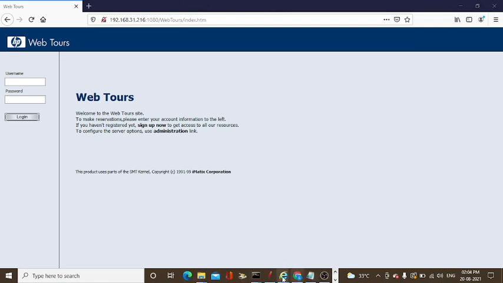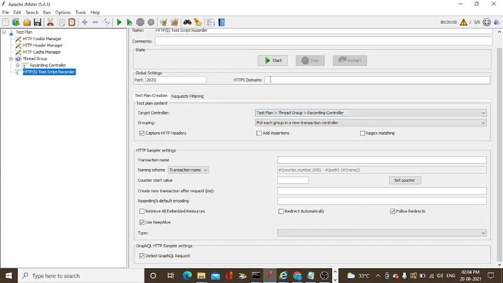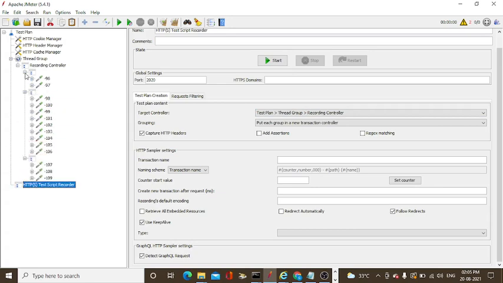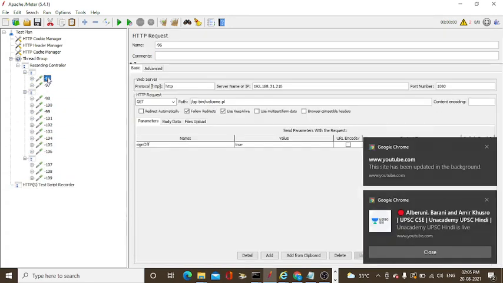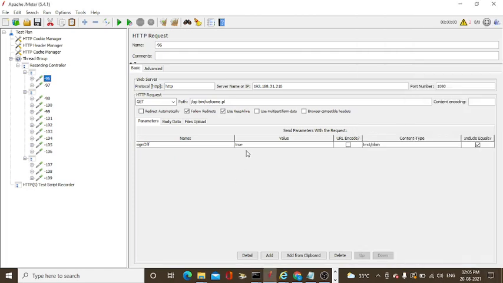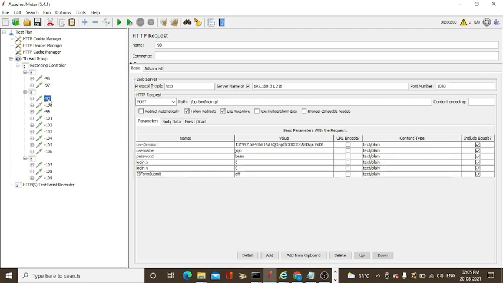Coming to the tool, it has already stopped. You can see there are so many requests. In total three requests are available. This is the IP address based. This sign off page is common for everyone as the starting page. Sign off means it is the starting page, the home page, with the same IP address.